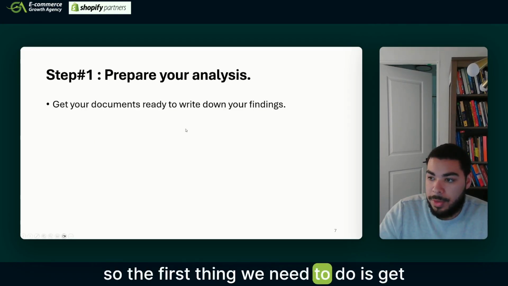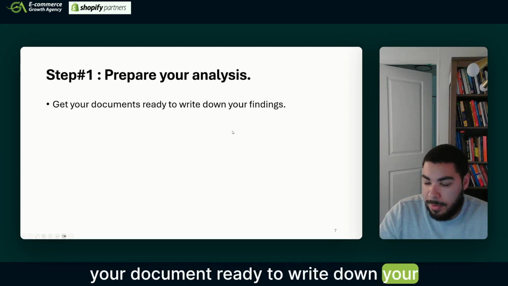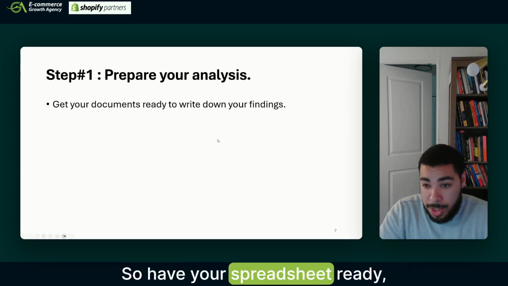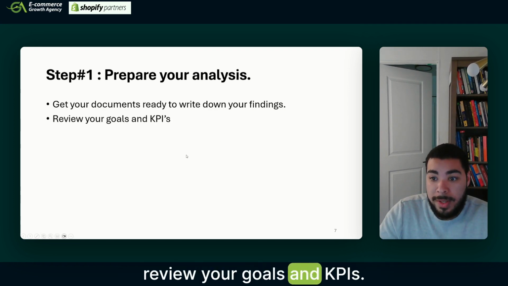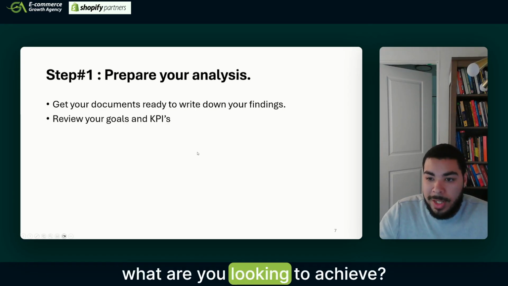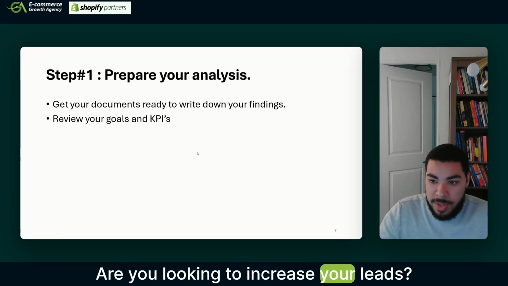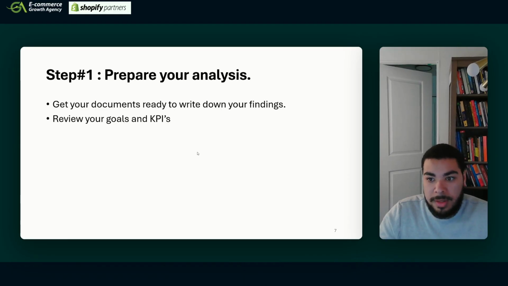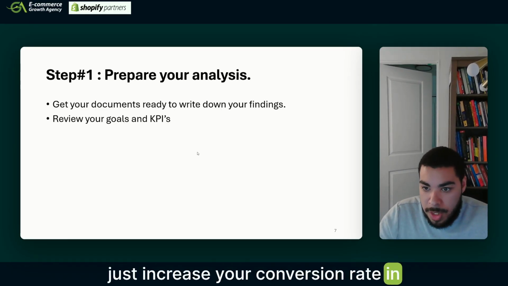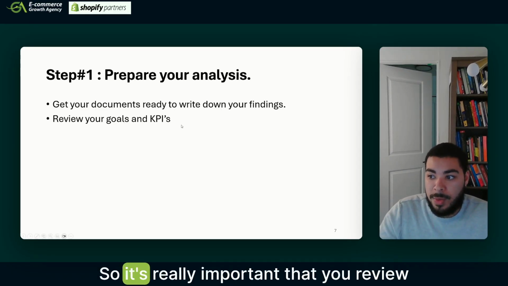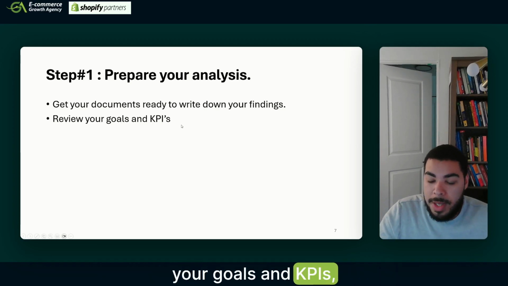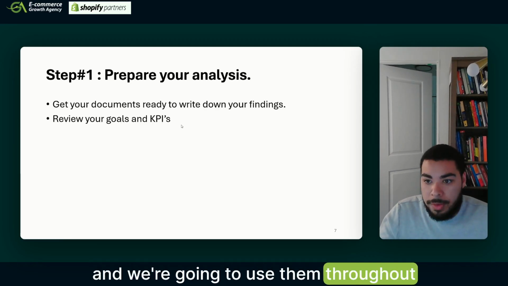So the first thing we need to do is get your document ready to write down your findings. So have your spreadsheet ready. Review your goals and KPIs. Like, what are you looking to achieve? Are you looking to increase your leads, increase your sales, just increase your conversion rate in general? So it's really important that you review your goals and KPIs, and we're going to use them throughout the whole